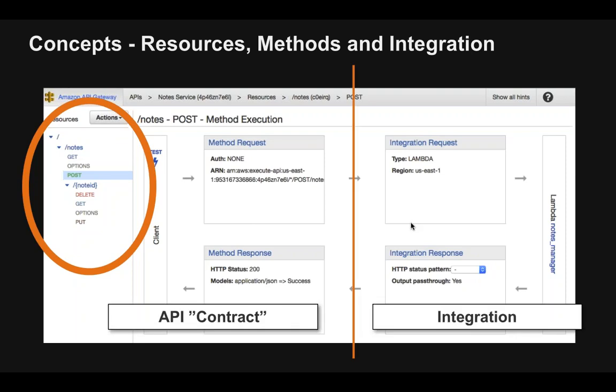Now, one way you can think about this screen is to think that everything on the left side of the orange line that I'm showing there defines the contract between your API and your developers. The resources and methods on the far left define the overall API structure. On the right of the line,